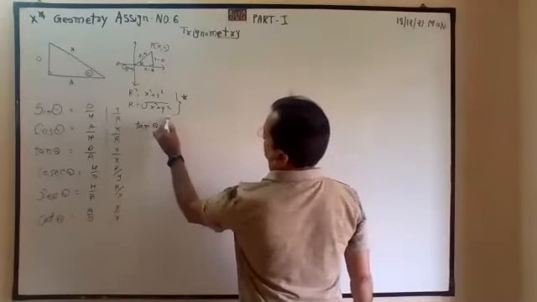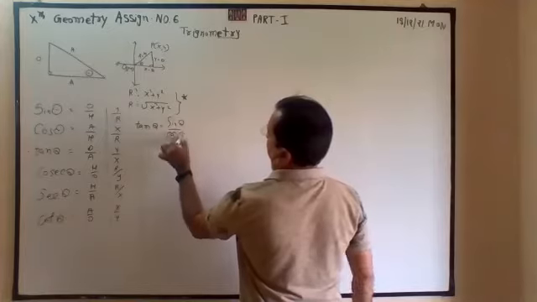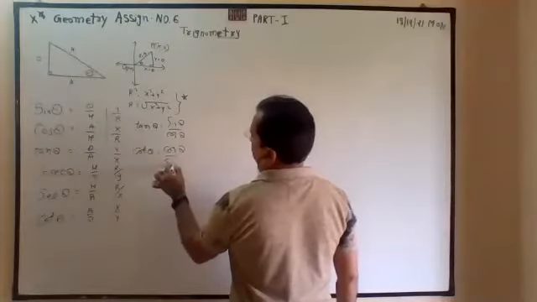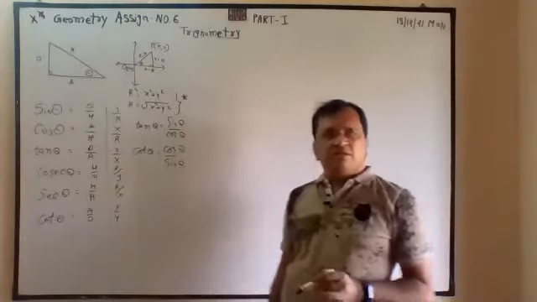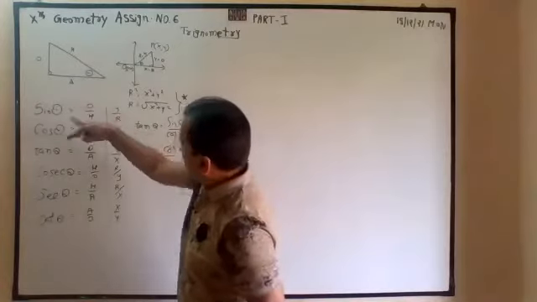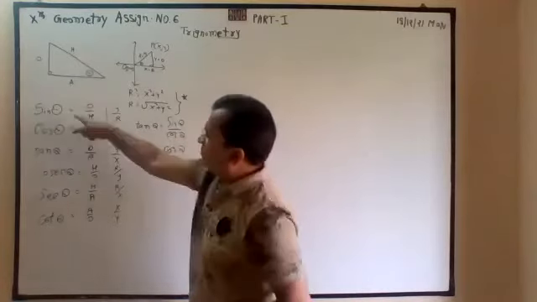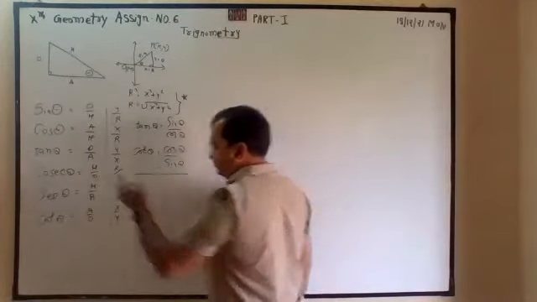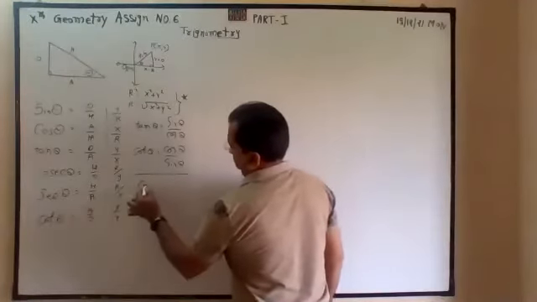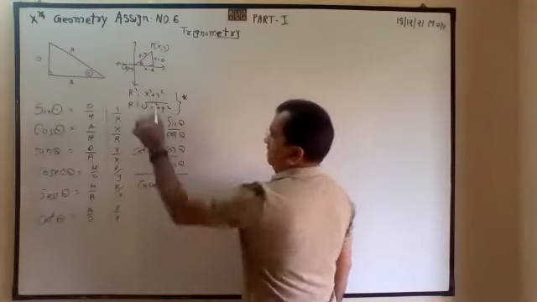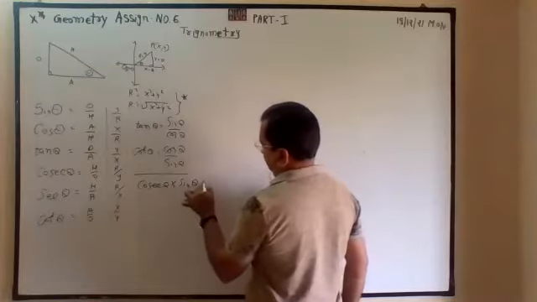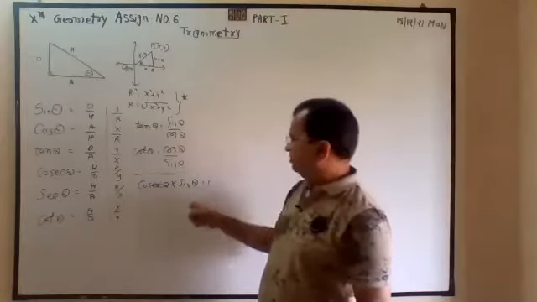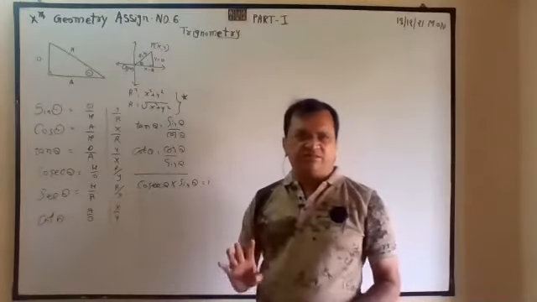Then how tan and cot you can form: tan theta is equal to sine theta by cos theta, and cot theta is equal to cos theta by sine theta. And these are the basic. From that I can find tan, and from that I can find cot. Now cosec and sine are inverse of each other. Sine theta into cosec theta is equal to 1. So cosec is equal to 1 by sine. Sine is equal to 1 by cosec.